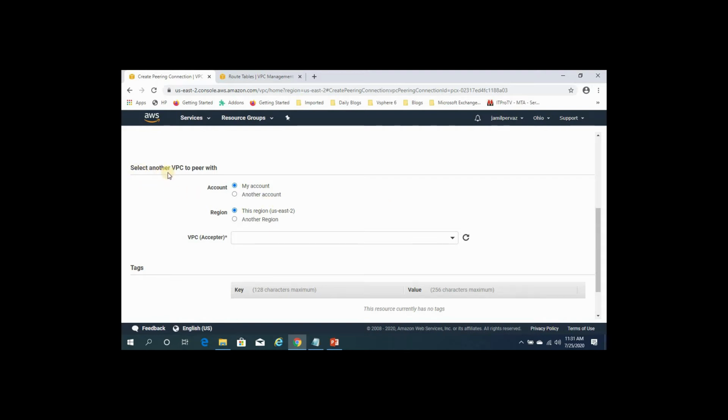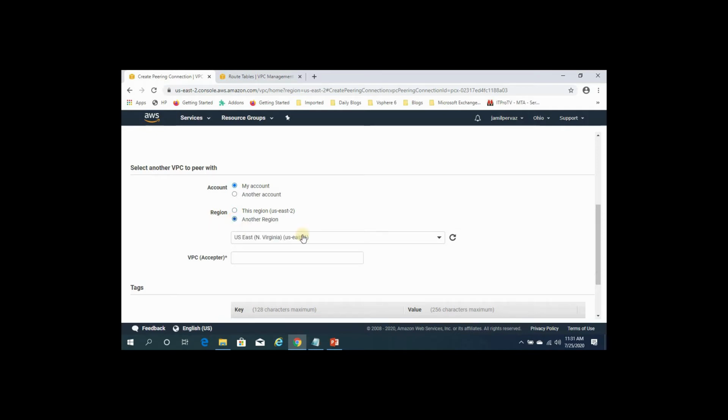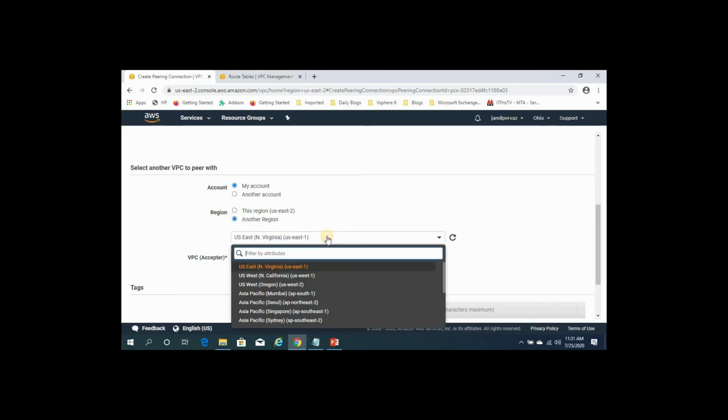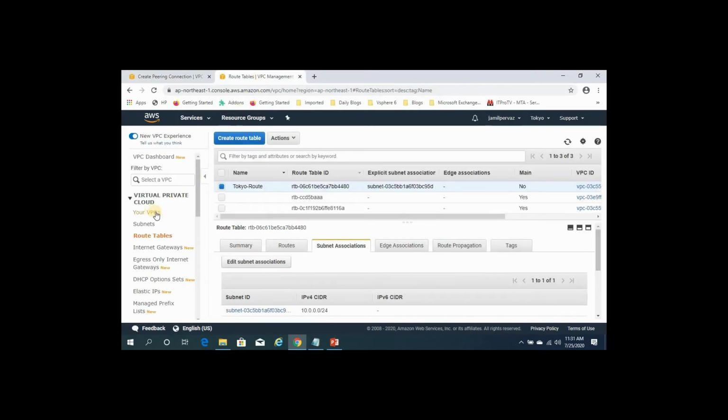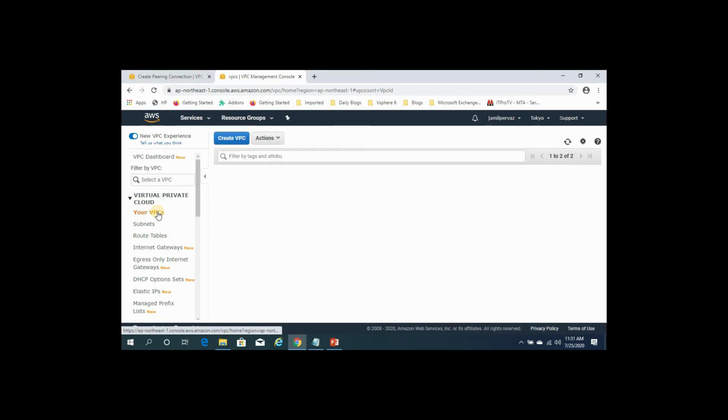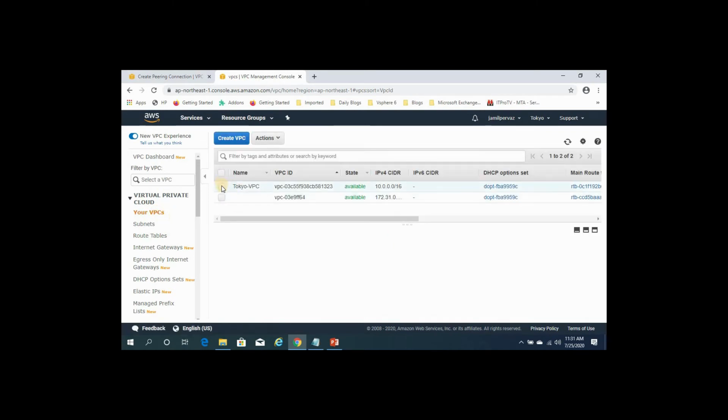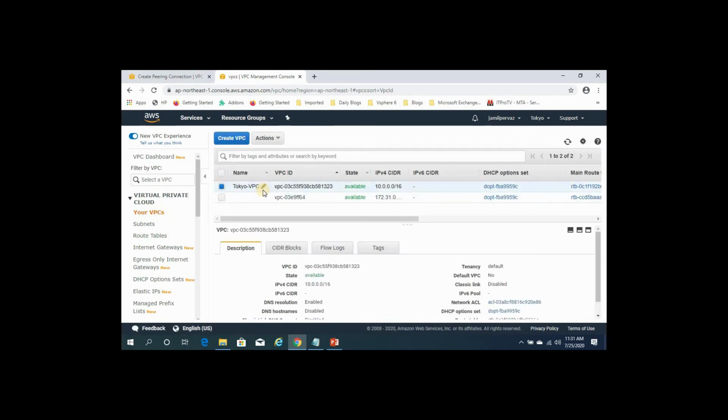So select another VPC to pair with. We need to select another region. So here we need to select Tokyo because our other region is Tokyo. So go to your Tokyo region, select VPC, select Tokyo VPC, select description.